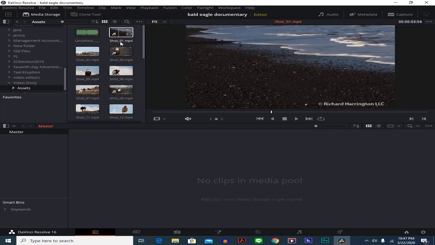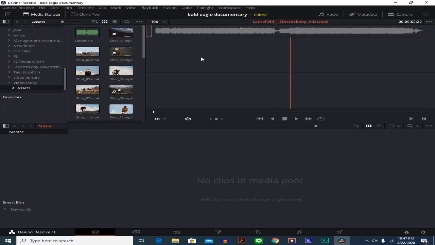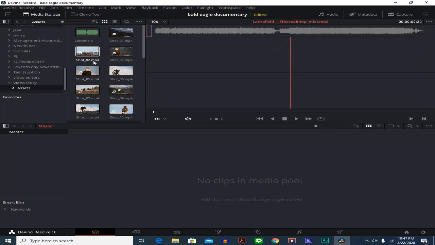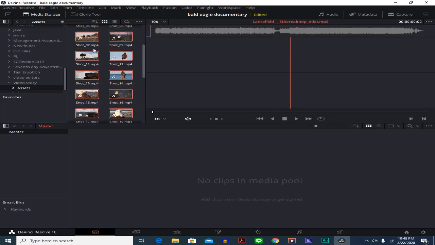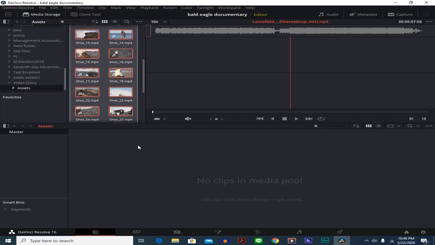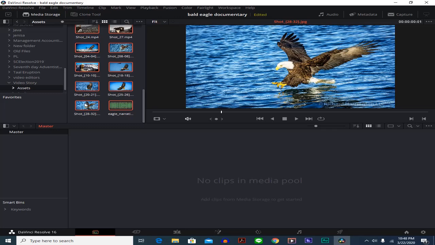When you hover your mouse, it shows up right here on the main display, or the program window. This is also the source window in Adobe Premiere, but in DaVinci Resolve, it's just one. So all you have to do is select all these files or assets in that folder and drag them down here